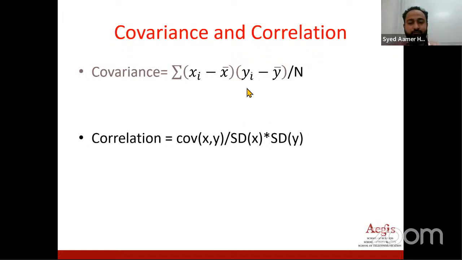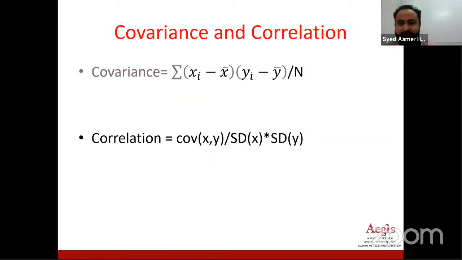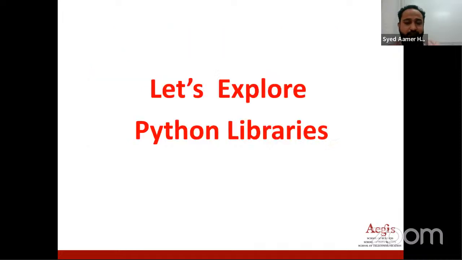Okay, cool. So moving ahead. That was all about the statistics part, guys. That is enough as far as summary statistics is concerned. Now I will be moving ahead and exploring Python libraries. That was enough of the theory part, I would say. But I hope you got a lot of the jargon of stats that we generally use and don't understand: mean, mode, median, correlation, covariance. These terms are not really easy to understand, but I hope with these simple examples, you got all the terminologies of summary statistics that we use in your EDA process.